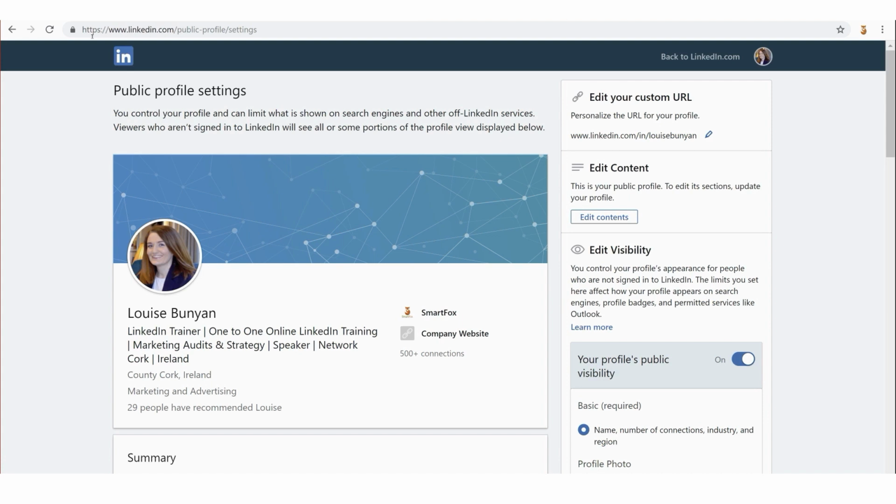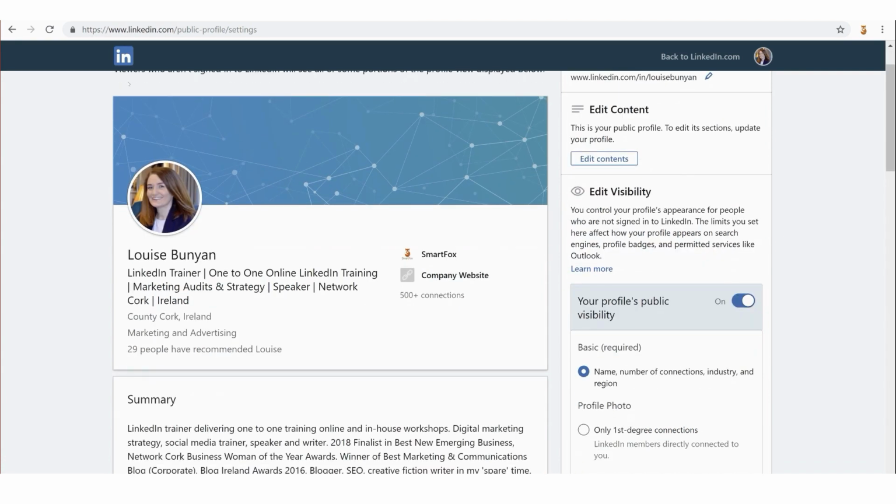So there's a few things I want to show you on this page, and I'm going to talk you through it first. So imagine I Google your name and we're not connected on LinkedIn, and the Google search result shows me your LinkedIn profile first. So I click on that, and if we're not connected, this is what is available to me, and you have full control over what I can see.